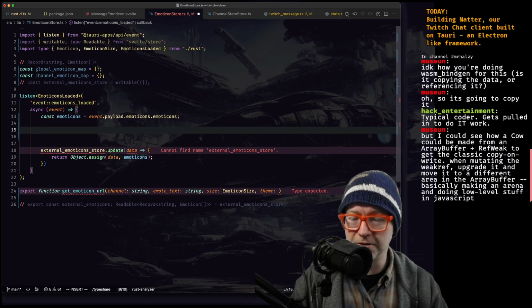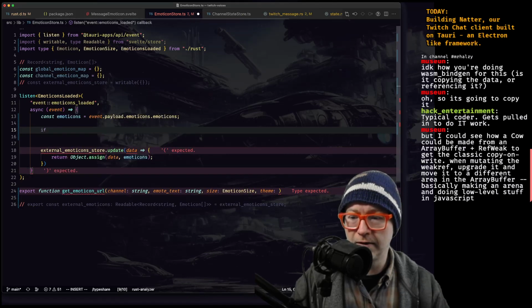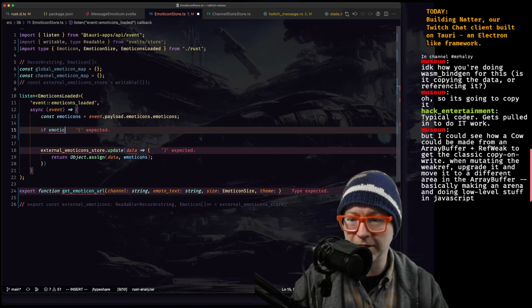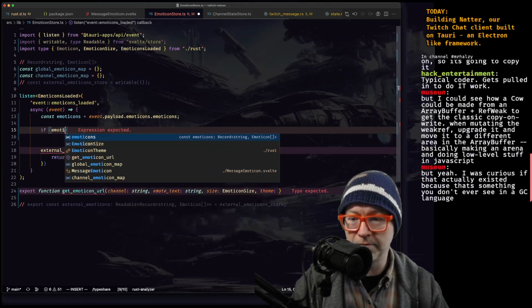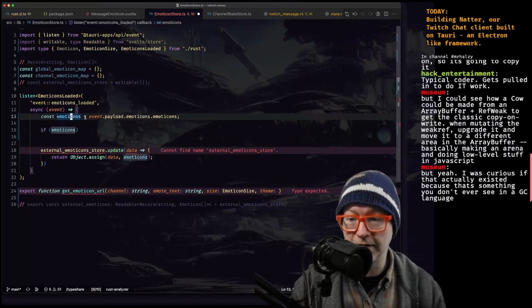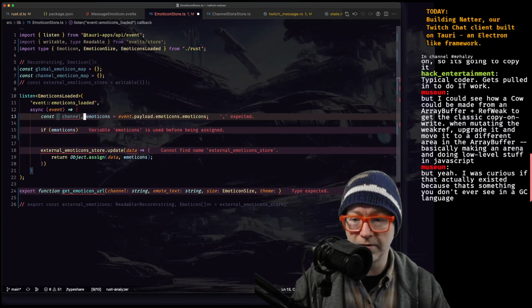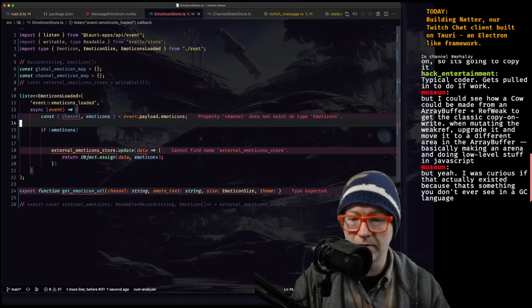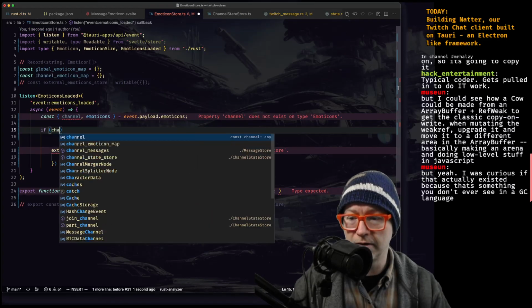What about channel? Okay, so we need to choose based on a channel. If emoticons, no, we're not doing Rust here. And in fact, why don't we do this? Construct that.